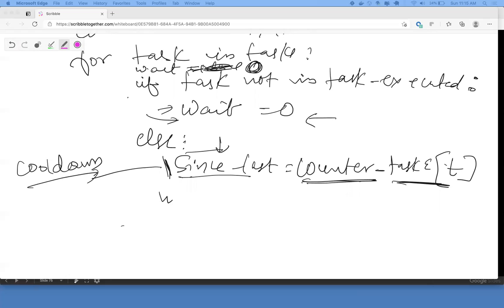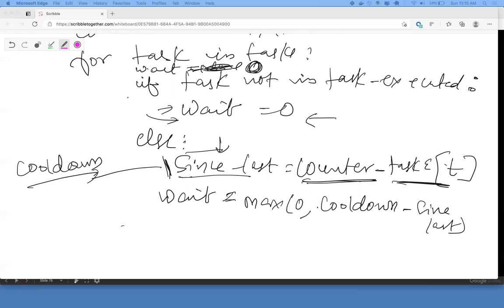Right. Now you change your weight equal to max of 0 or cooldown minus since last. If the cooldown is greater than 0, basically this is the time you have to wait.